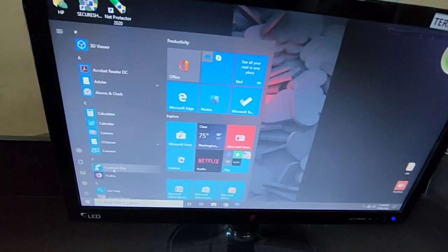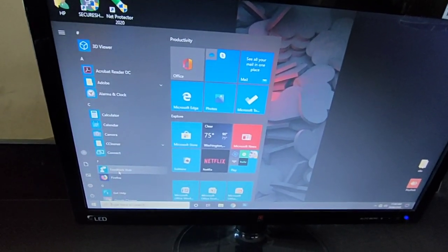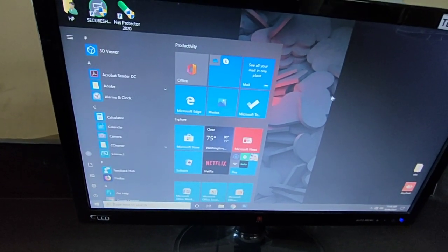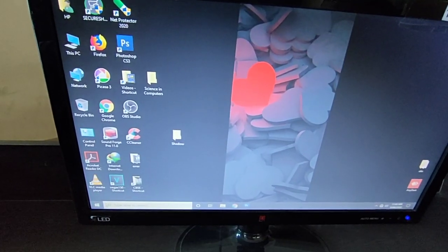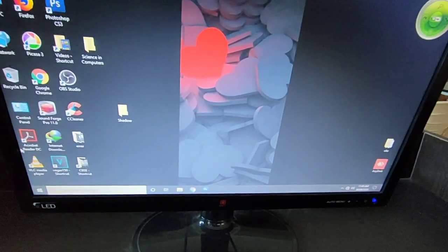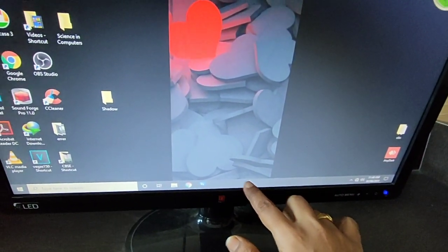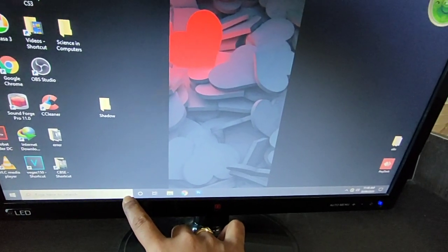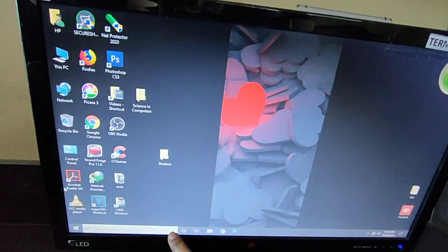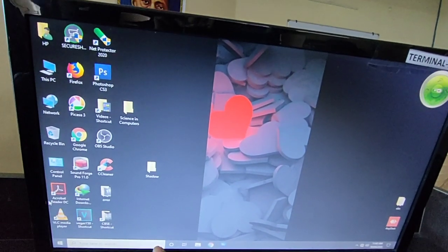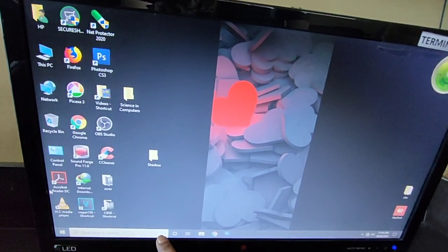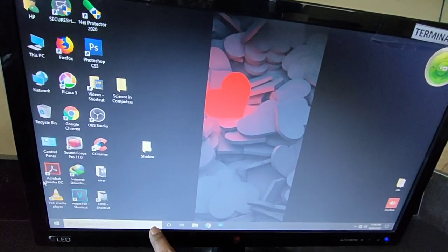Okay, this is the welcome screen of your Windows 10. You can see here at the bottom, that is your taskbar, and that is your search bar. You can search any program, any file, anything by typing only here, and you can search your files and folders.